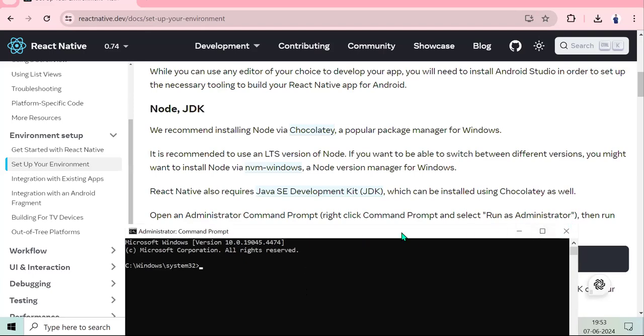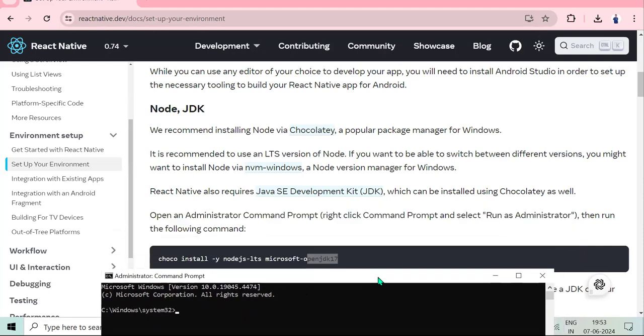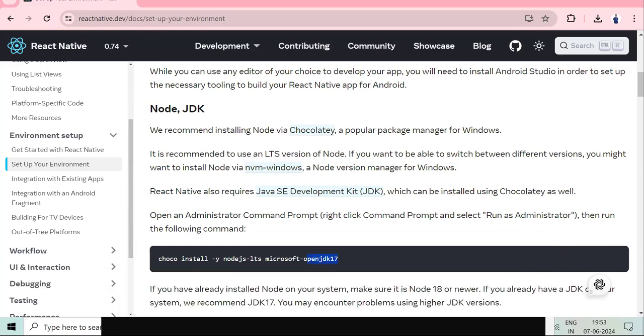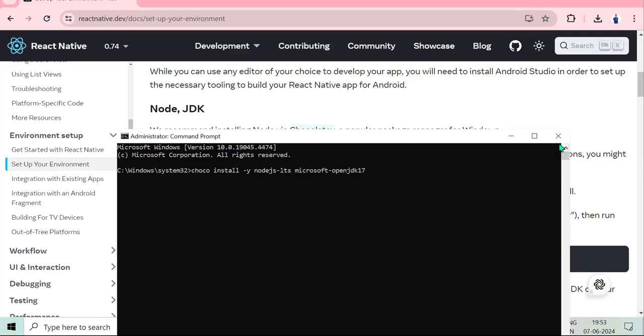Since I have already installed Node and JDK, I'm not doing it again. But you have to do it: just copy, paste it here and click enter. That's it. All the details will appear, and Node and Java will be installed in your system. I hope you understand. Just click enter right here. So after installing Node and OpenJDK,